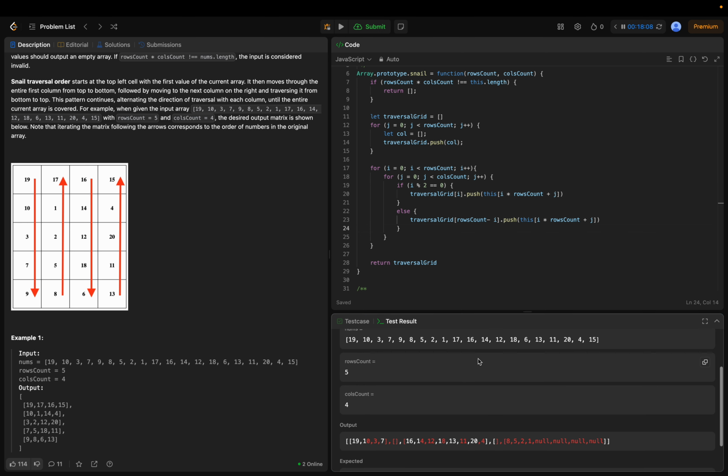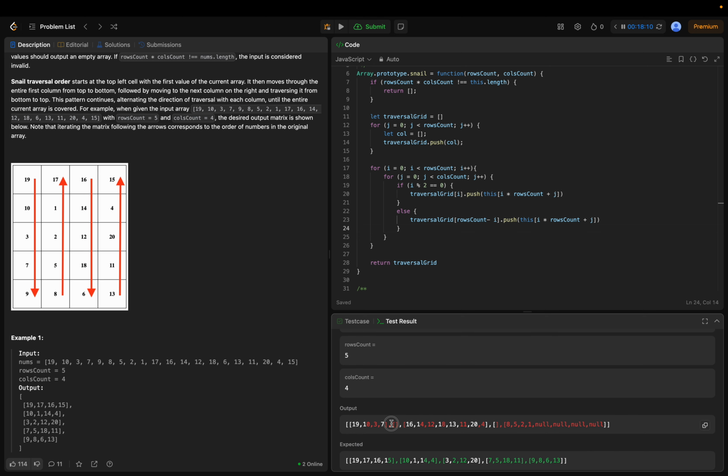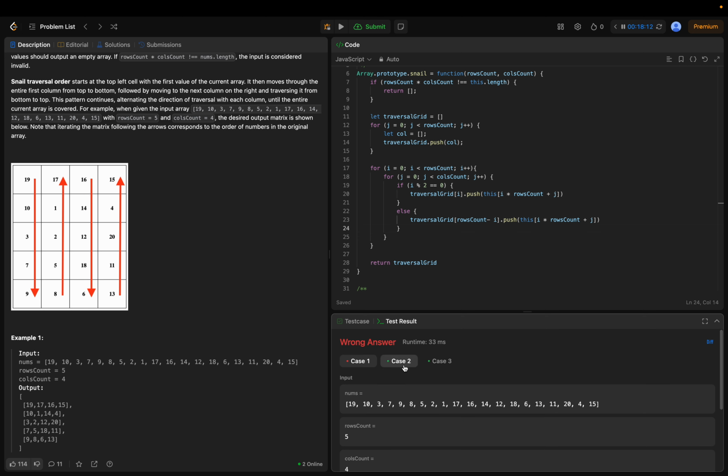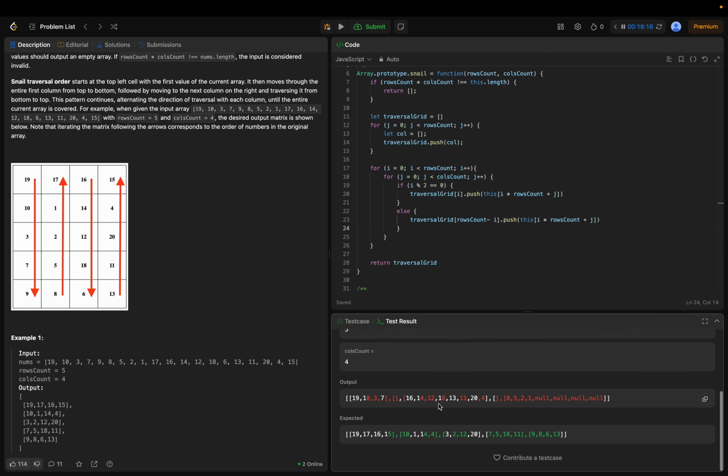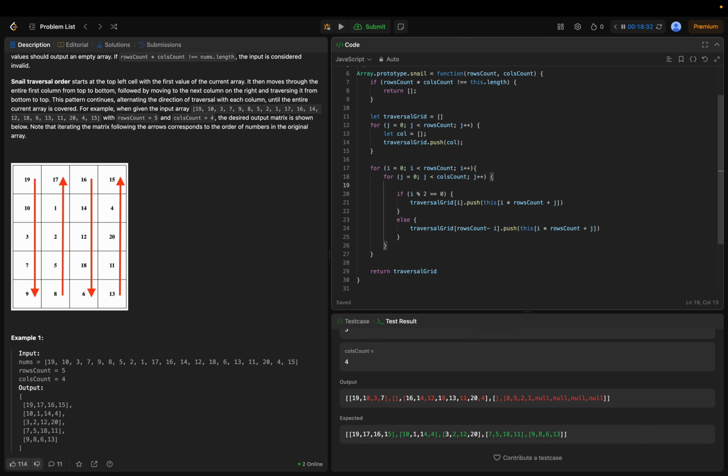Interesting. Okay. Oh, that's weird. Why does this pass? Oh, because it's a basic case. So it seems like I'm not accessing everything correctly. Oh, no. Okay, so let's